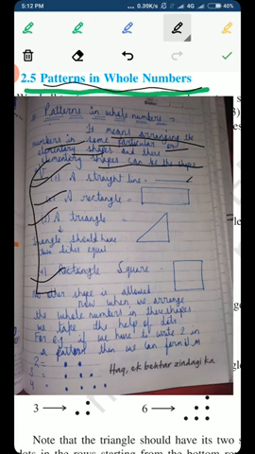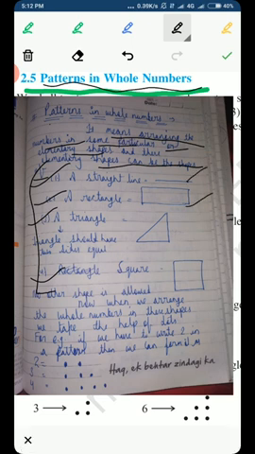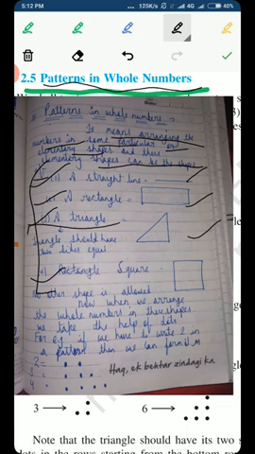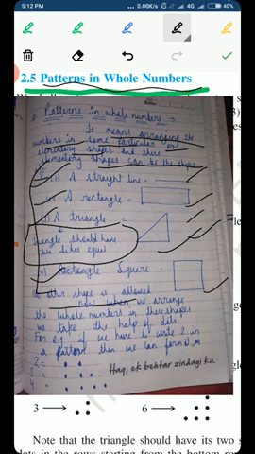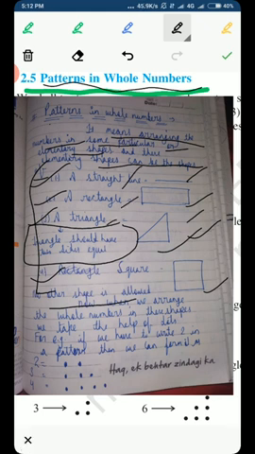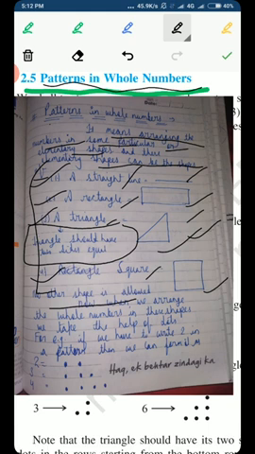So we have a particular pattern of a straight line, a rectangle, a triangle, and in the triangle, the point to be noted is that it should have 2 sides equal, like a right angle triangle as I have drawn here for you, and a square. No other shape is allowed. If we are asked to express a whole number in a particular shape, then we can use only these 4 shapes: a straight line, a rectangle, a right angle triangle having 2 equal sides, and a square.